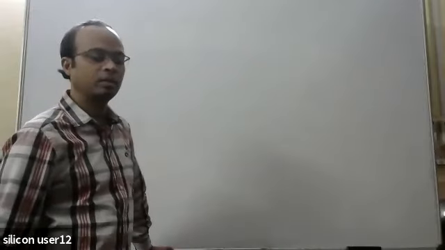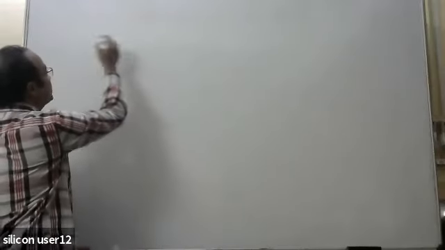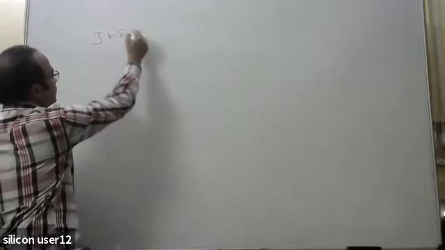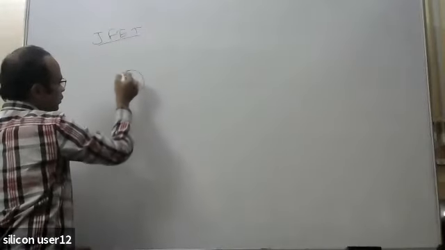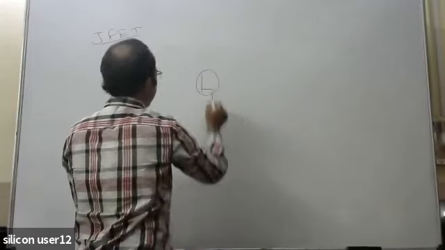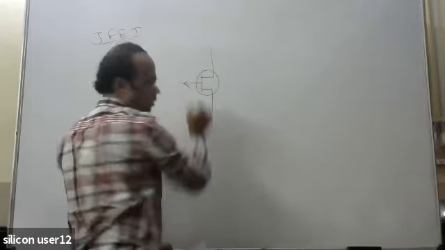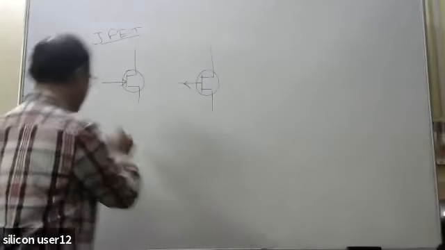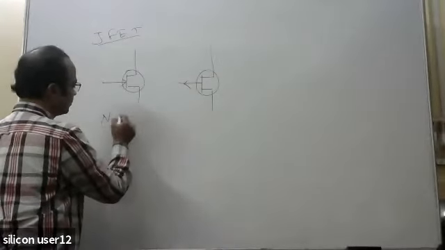Similarly, in the case of the JFET also, I have not drawn the symbol of the JFET. Like in a BJT there is a symbol, similarly in the case of a JFET or D MOSFET, everywhere there is a symbol. So for the JFET, the symbol is, if you have not seen it somewhere else, this one is the N type JFET.